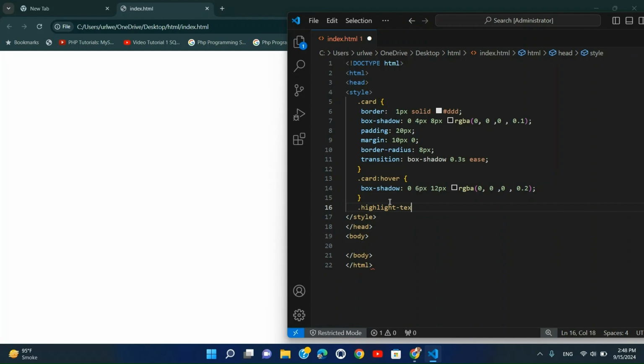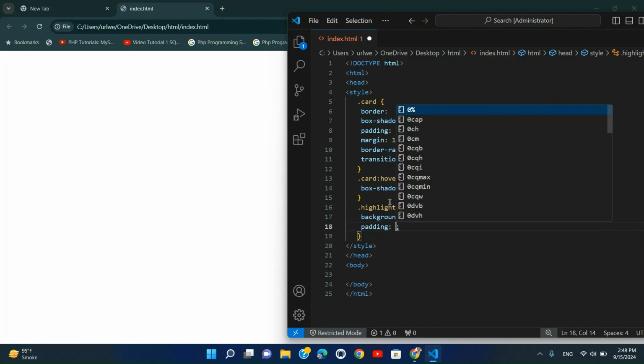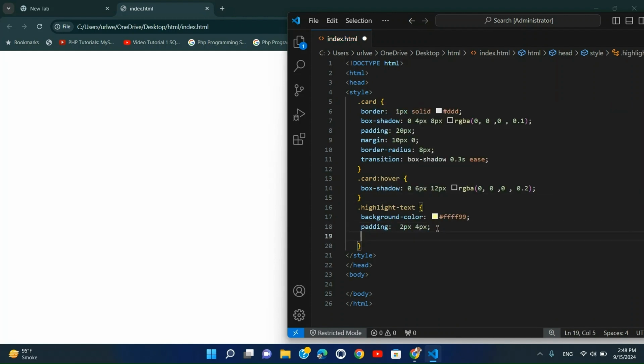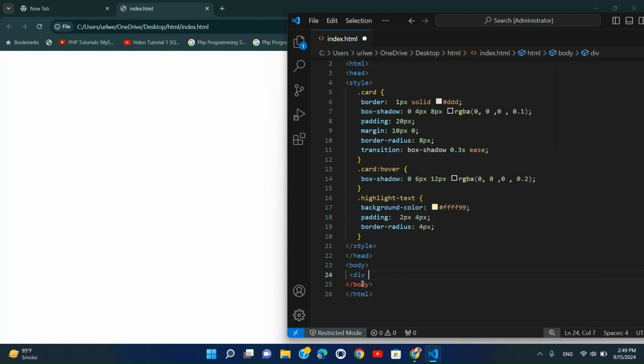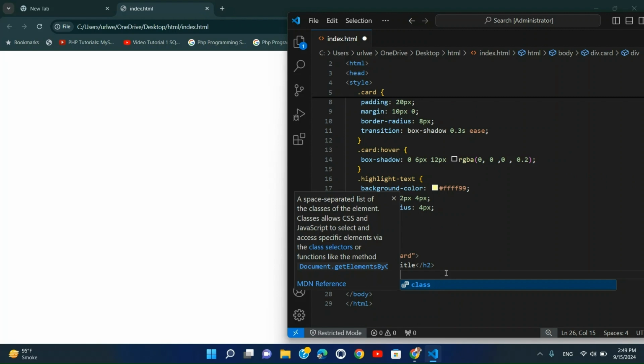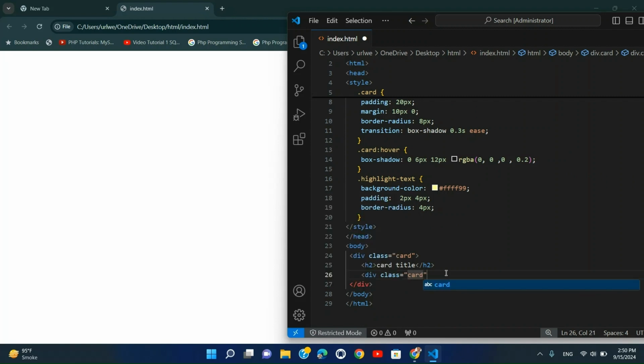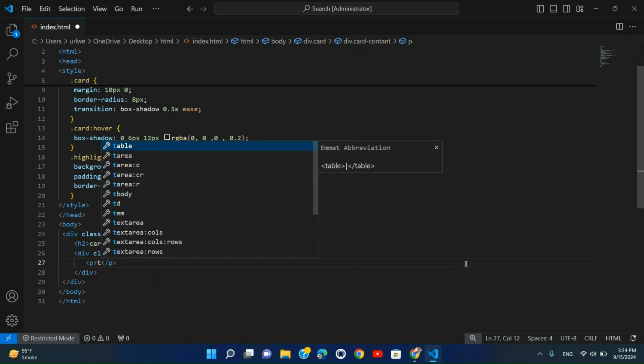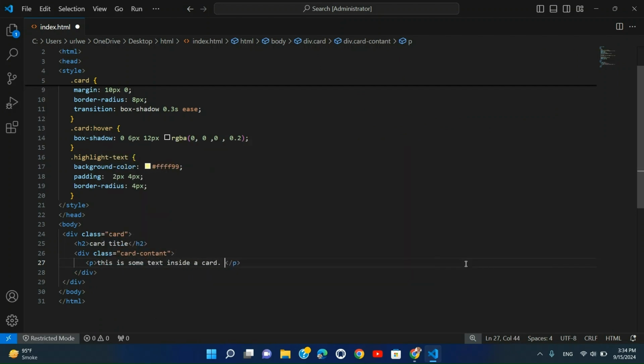Highlight text: background color #FFFF99, padding 2px 4px, border radius 4px. Let's dive into HTML. <div class="card"> <h2>A card title</h2> <div class="card-content"> <p>This is some text inside a card. <span class="highlight-text">Highlighted text</span> makes it stand out</p>